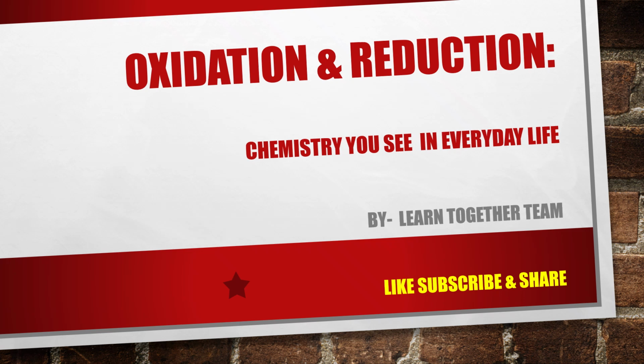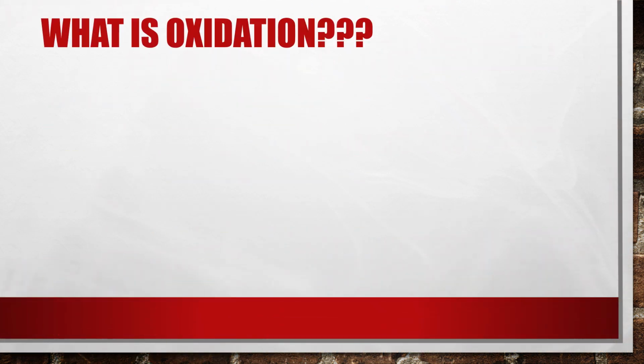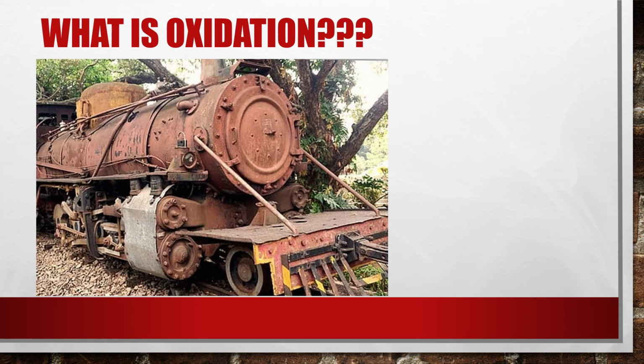So now we will move towards our topic, oxidation and reduction. What is oxidation? In this picture you can see that a railway carriage is there, and it is not a regular carriage, it is completely rusted, right? So why does this happen, how does this happen, and why does it only happen to metal? So the answer is